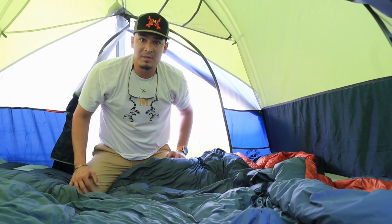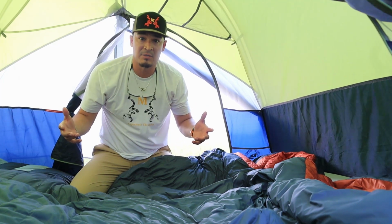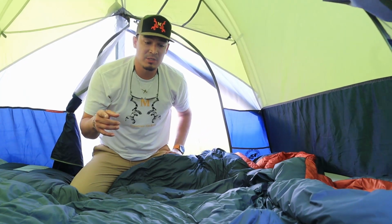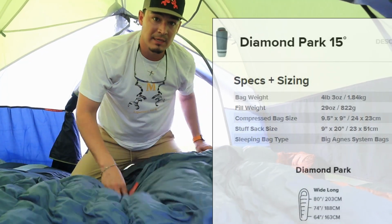So you got to see it loaded with gear. We could have definitely thrown a whole lot more. We have a good amount of gear in here, that's for sure. And as evident, there's plenty of room still for a whole lot more. But as mentioned, we have an even greater treat. The Diamond Park 15-degree and